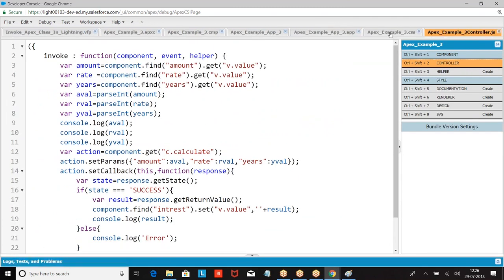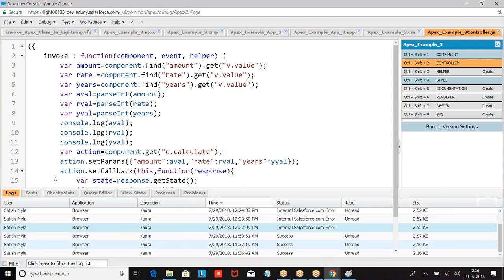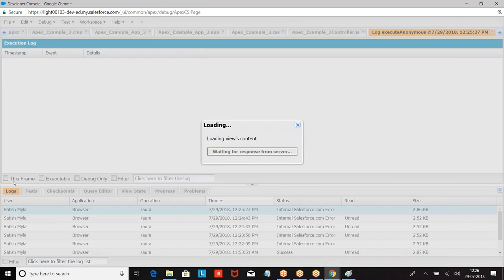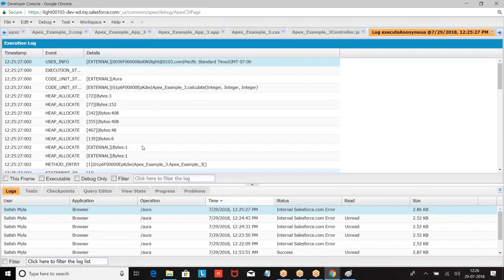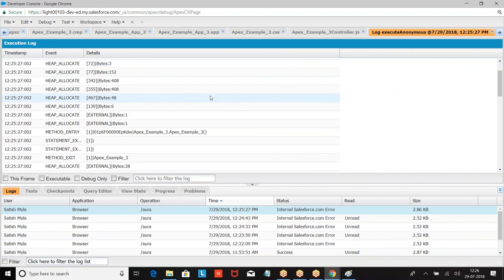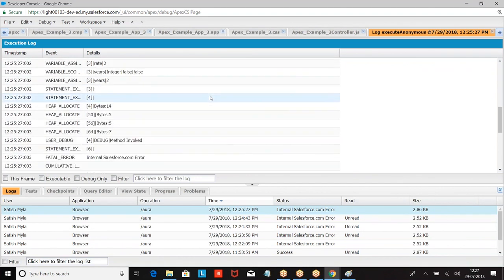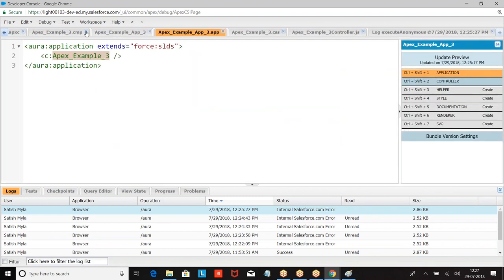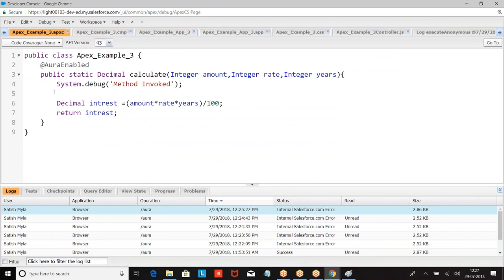So when there's an error, it is not even printing the log operation. Method invoked. So from here the mistakes are coming. What's the mistake here? Decimal interest, amount, rate, years by 100, then